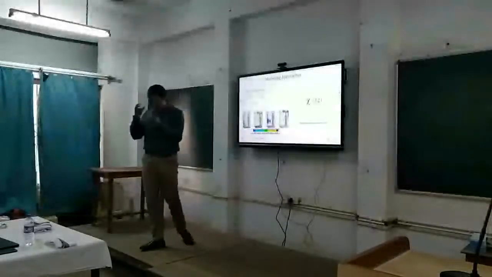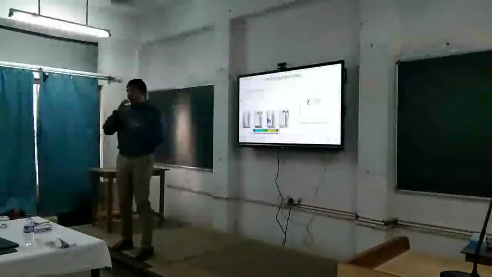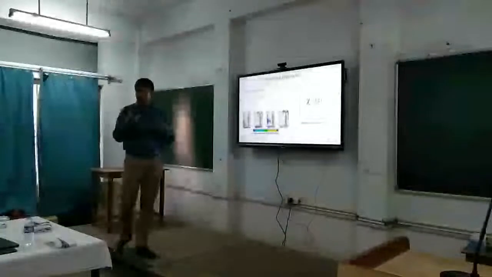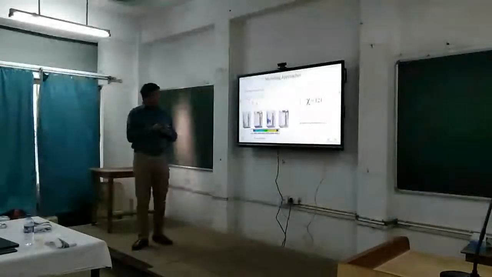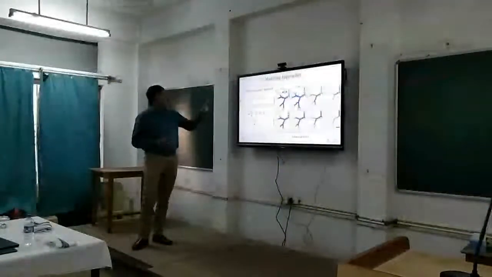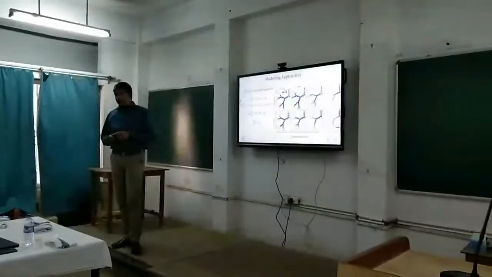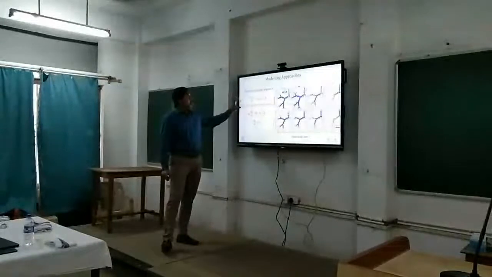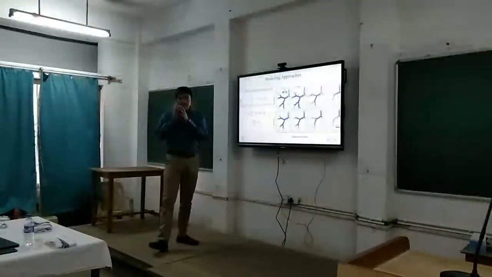That means you have to take into account the airflow as well as the droplet transport. So that is done using a combined Eulerian-Lagrangian approach. So what we do, we model the airflow or the continuous